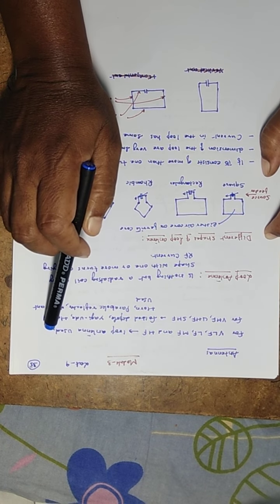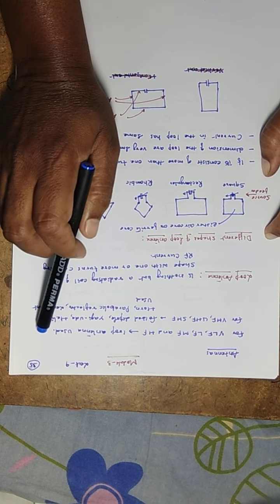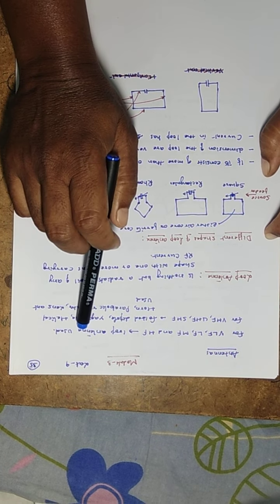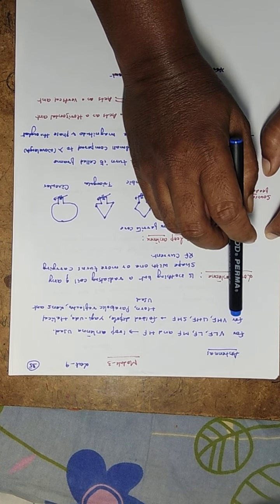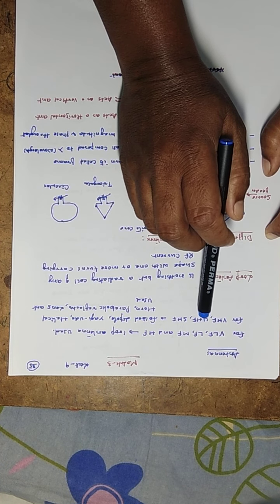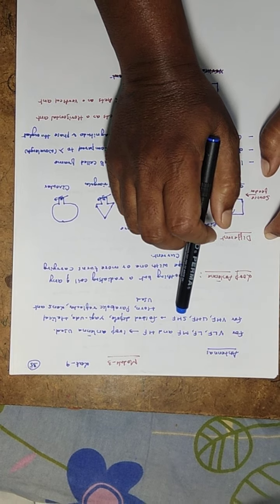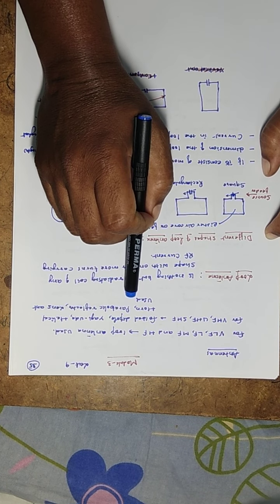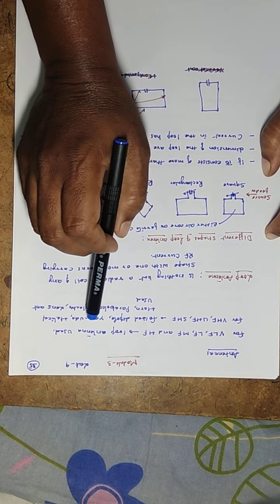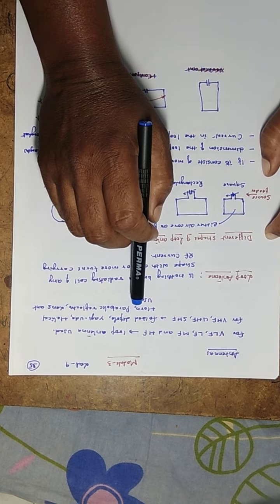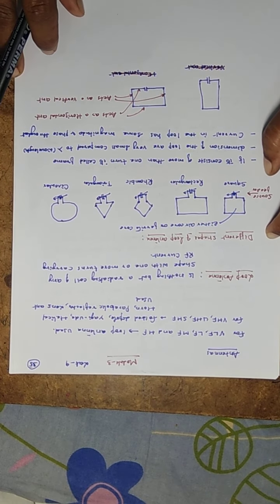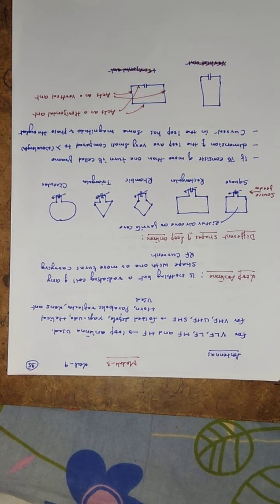Loop antenna is used. Along with the loop antenna, some other antennas are used, but for your syllabus you have only the loop antenna. Whereas for the frequencies very high frequency, ultra high frequency and super high frequency, the following antennas are used: folded dipole, Yagi-Uda, helical, horn antenna, parabolic reflector, and lens antenna. Okay, we'll take them one by one.